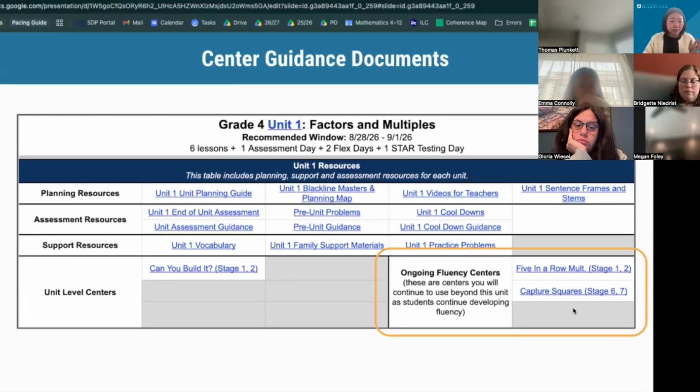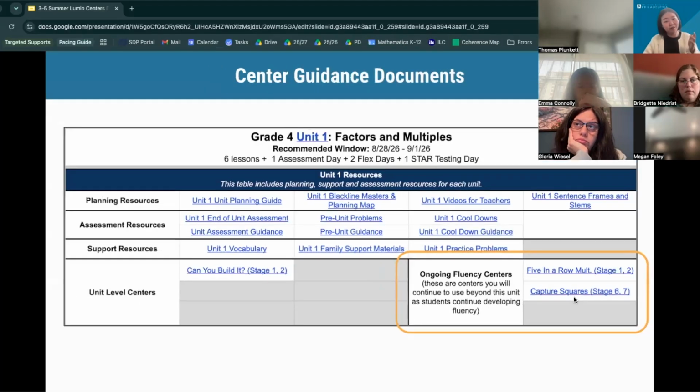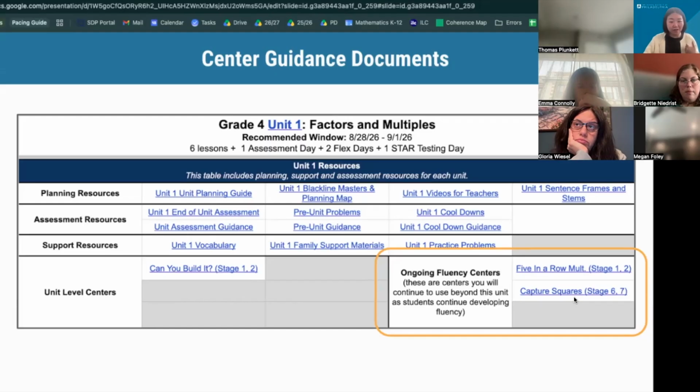We've given 1 to 3 different options per unit just for some variation. But if you're new to centers, or maybe you just really like one of these centers like Capture Squares, it's okay if your students play Capture Squares from September all the way through June. Don't feel like you have to change the centers every time. The more important thing is thinking about which stage you might assign to which students based on what you know